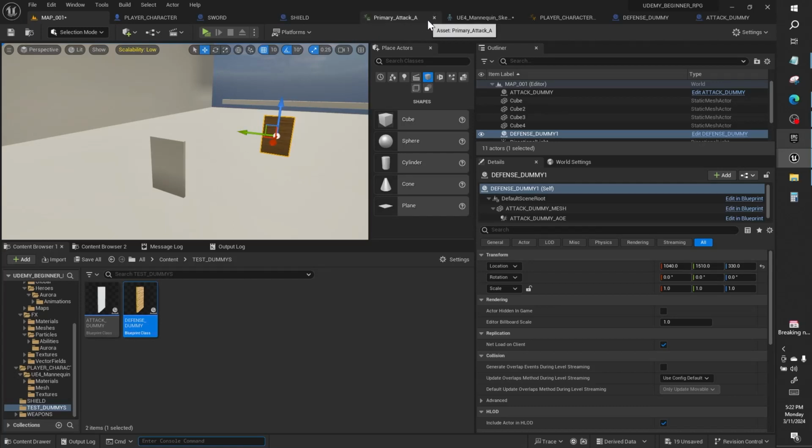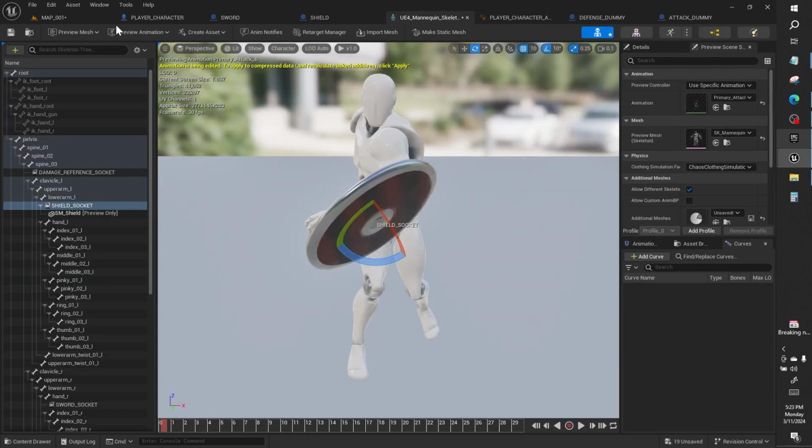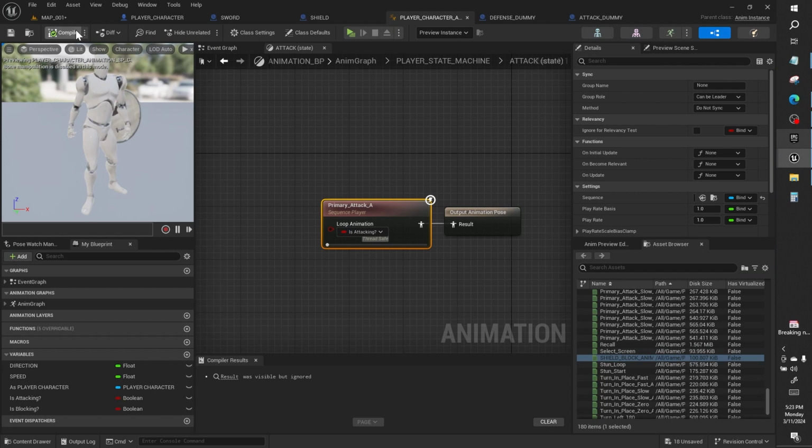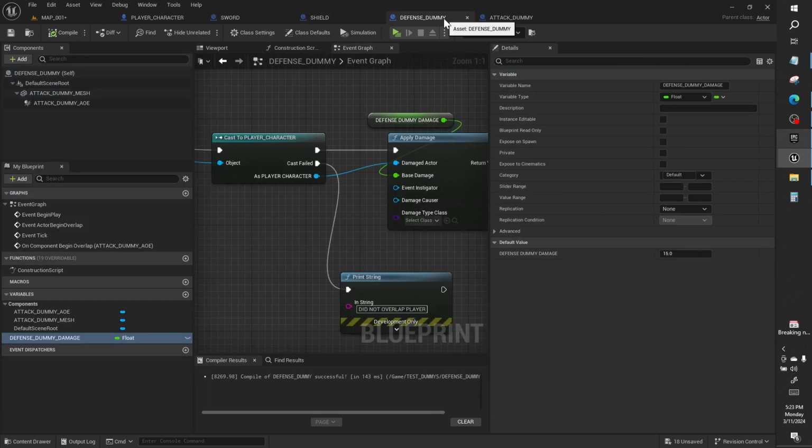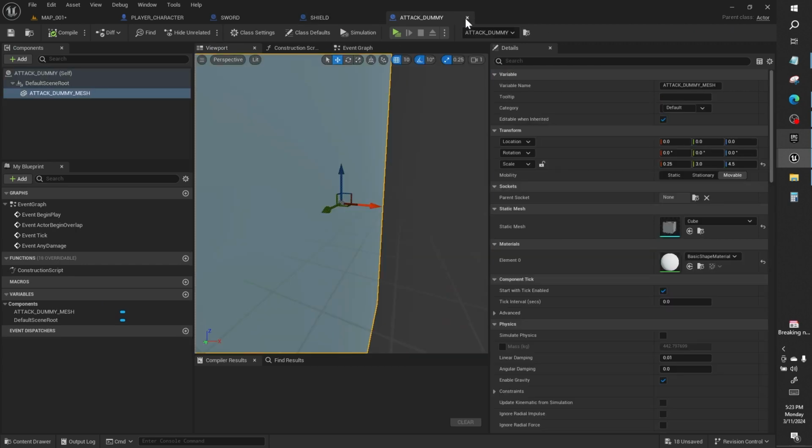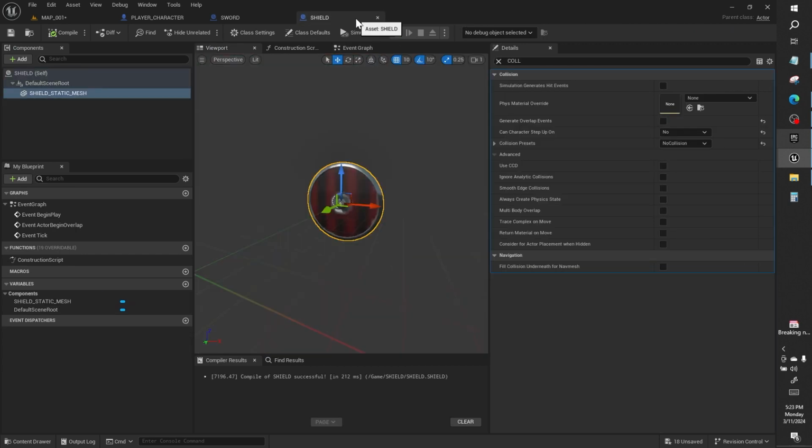Hello. We can close primary attack. We can close the mannequin. We can close the player character animation blueprint. We can close the defense dummy. We can close the attack dummy. We can